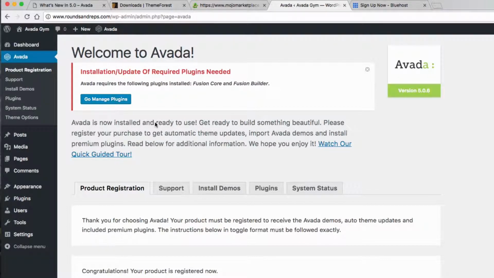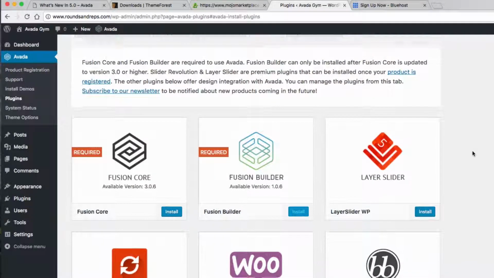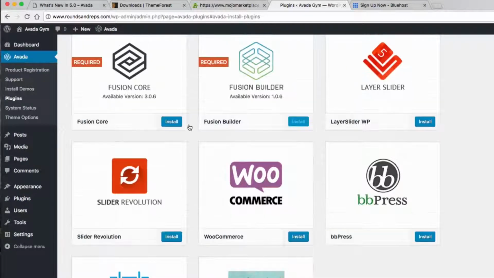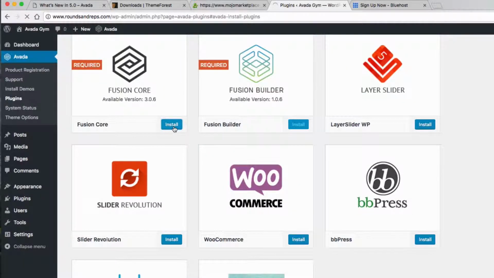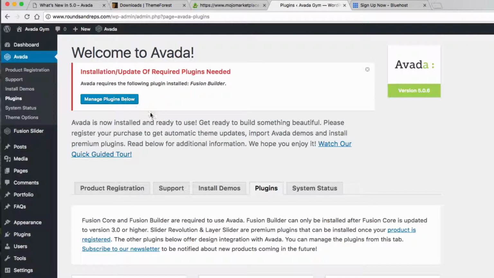All right, so once you've activated it, you'll have to go and actually install some of these required plugins. Go to Manage Plugins right here. And then what you want to do is install the Fusion Core, Fusion Builder, and probably a couple of these other ones as well. But you just hit Install. It'll do everything for you. You don't really have to do anything. Go here to return to required plugins. Once it's activated successfully,